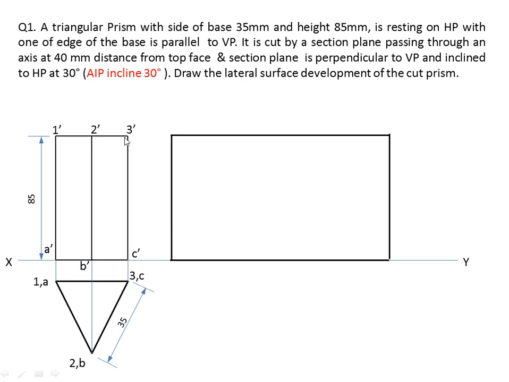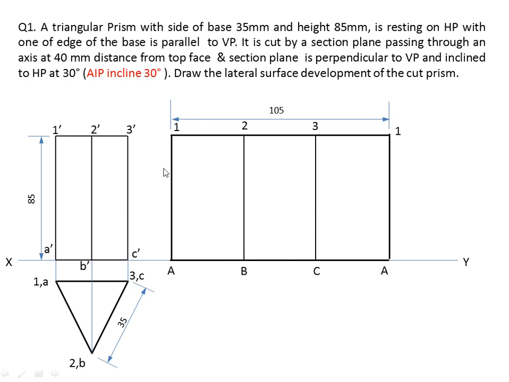Now if we cut one of the edges of this triangular prism, then what do we get? We get a rectangle. The length of this rectangle is equal to 3 times the side, so that is 35 into 3, that is 105. Now give the naming 1, A. Then this is 2B, this is the second edge, this is the third edge, 3C, and again this is the first edge, 1A. Here A, B, C are written in capital. So this is nothing but the surface. We have completed the lateral surface development of this triangular prism.